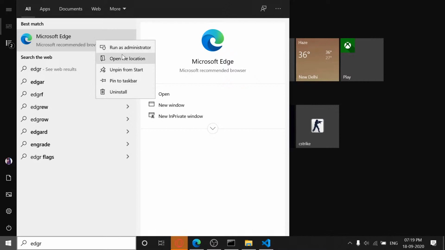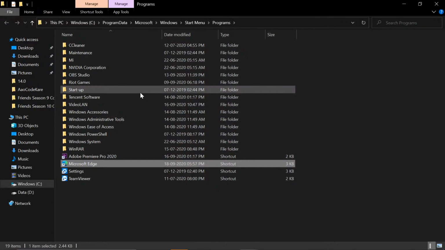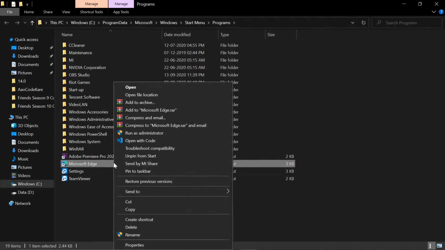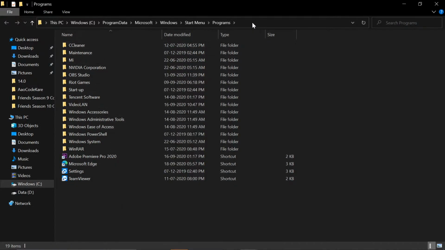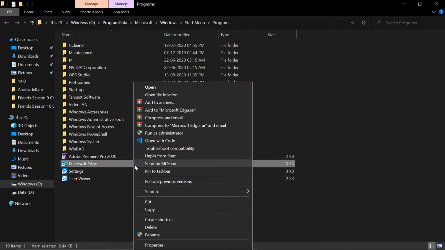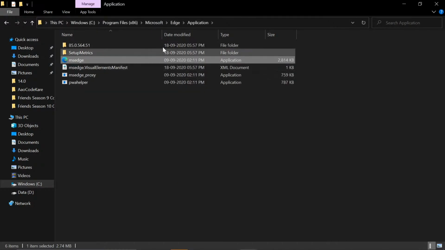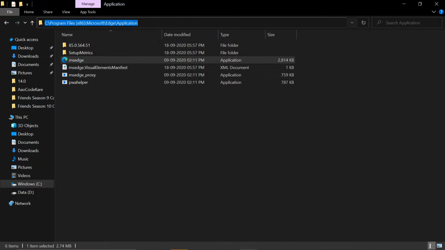Don't we have properties? Open file location. Okay, Microsoft Edge. So here it is, the application. No, no, this is a shortcut, right? There should be, yes, open file location. This is the actual application. So we got the URL from here.